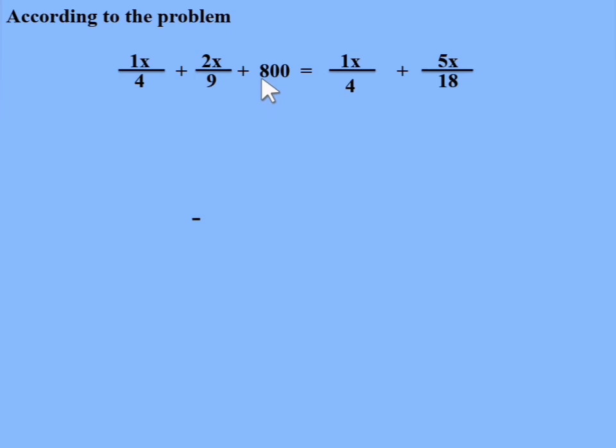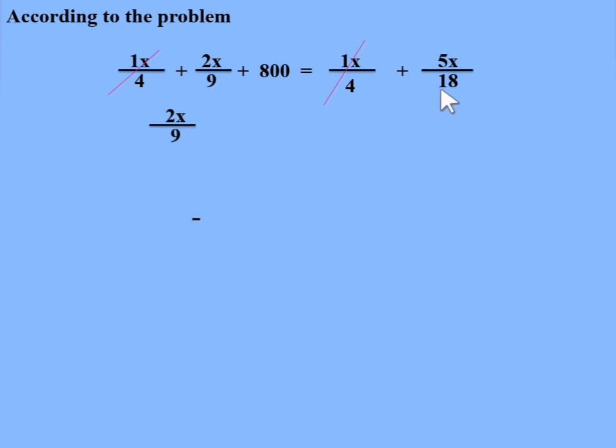So we have to add 800 to the first friend's share. So here you see that 1 by 4x and 1 by 4x are the same on the left hand side and right hand side. They get cancelled. Remaining 2 by x,